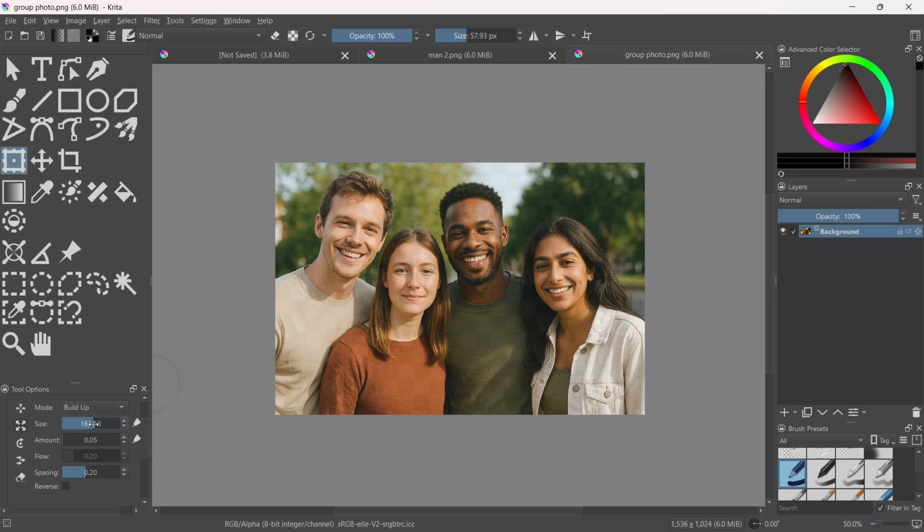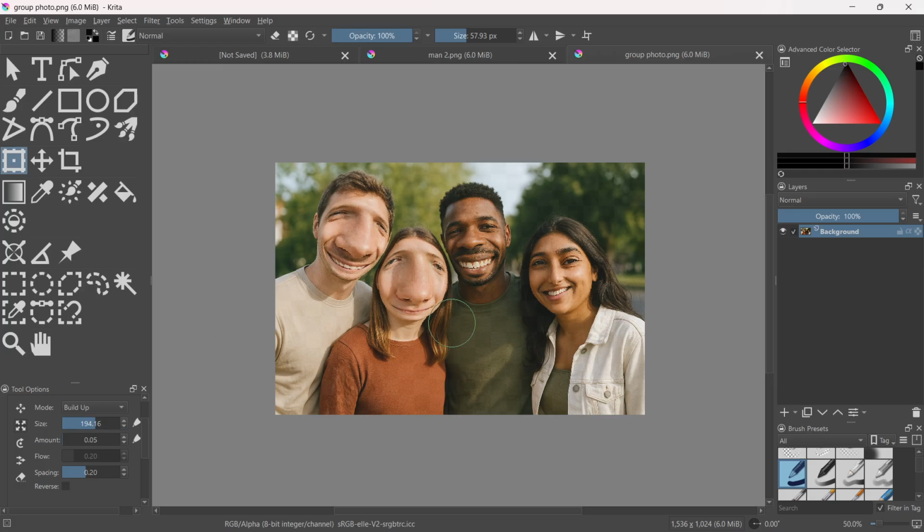So let's just say, for example, I wanna magnify her face or his face or whoever. I would just click on it, and as you could see, this could easily magnify any face you want. And as you see, it looks a little funny here, and you could also make it bigger if you want. So you could also shrink images and faces here,